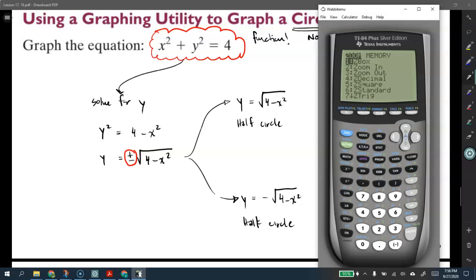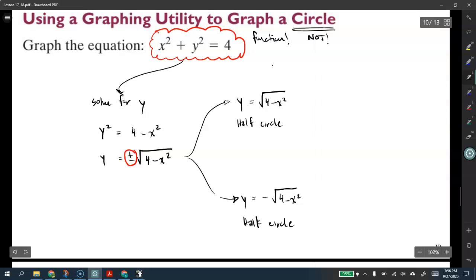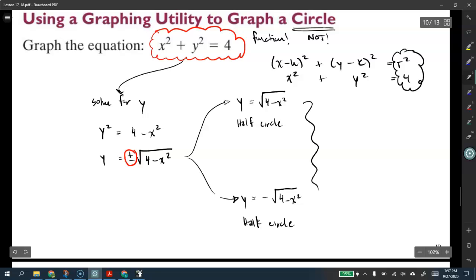Now, I would zoom to a window that basically contains the center and it contains the radius. For that, you need to focus on this equation and think about how an equation should be of the format x minus h squared plus y minus k squared is equal to r squared. But if you have x squared and y squared is equal to 4, we get that the radius can be figured out. Now, if the radius squared is equal to 4, we know that the radius is going to equal 2. But the center is the tricky one for a lot of students,